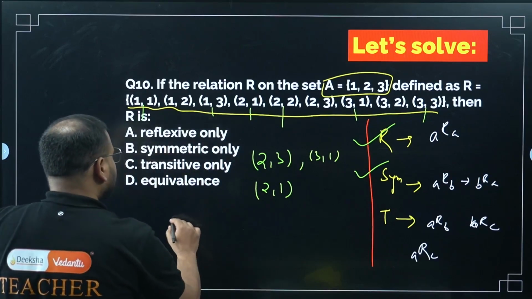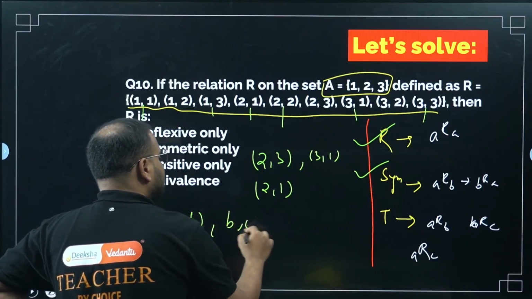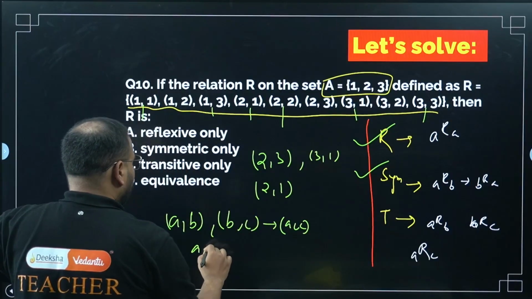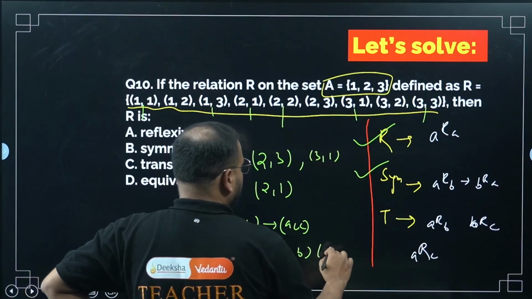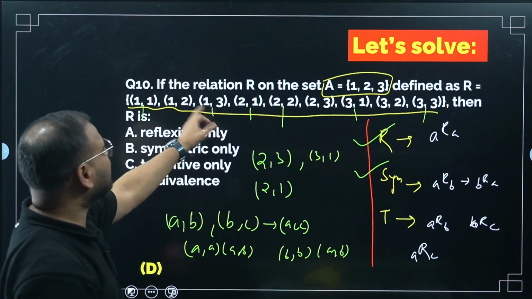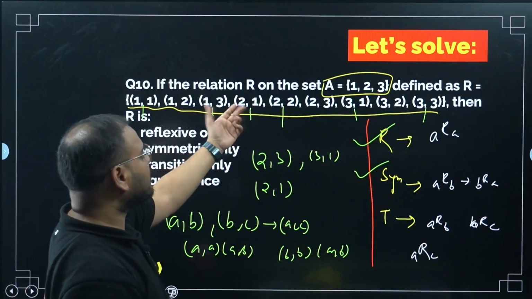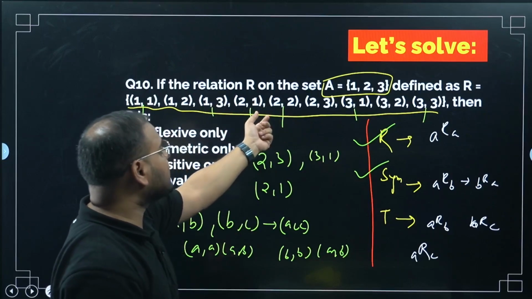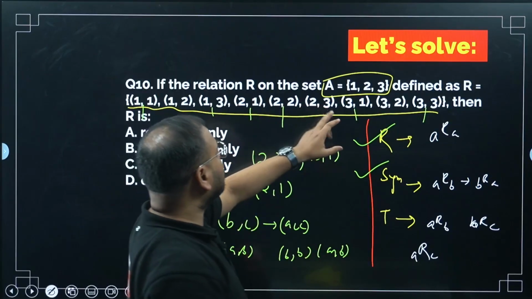What did I say? Only check for AB, BC and AC. Only check for this. Don't check for AA, AB. Don't check for BB, AB. First one is AA, AB. Over here 1, 2 and 1, 3, nothing is common. Okay, we won't go here. No checking. 1, 3 and 2, 1, no, don't need to check because it is not common. 2, 1 and 2, 2, again same thing, AA, AB. 2, 2 and 2, 3, we don't need to check again. AA, AB. Okay. 2, 3 and 3, 1.